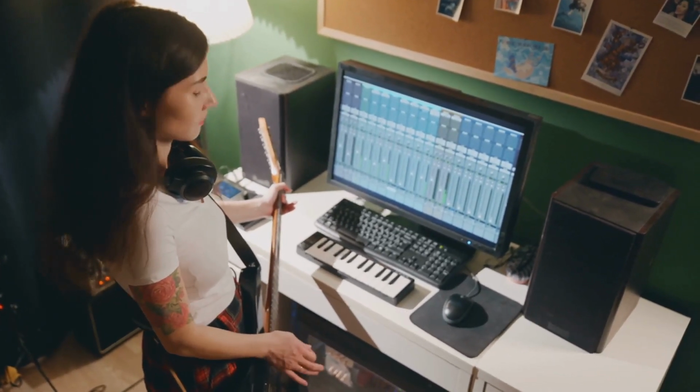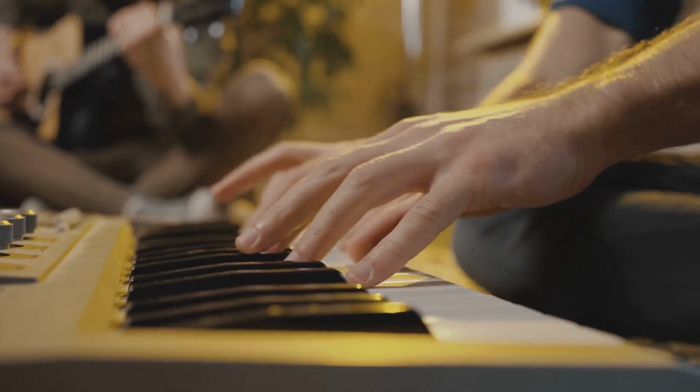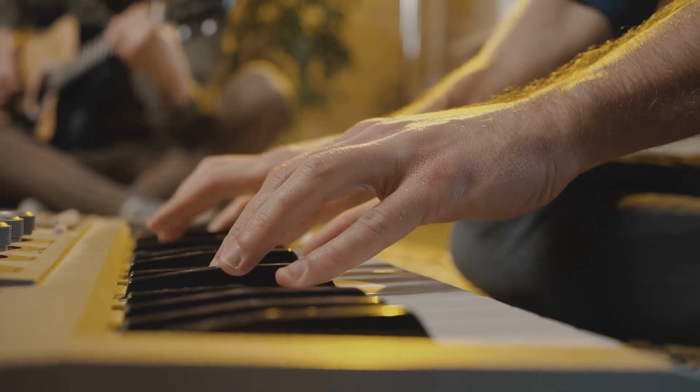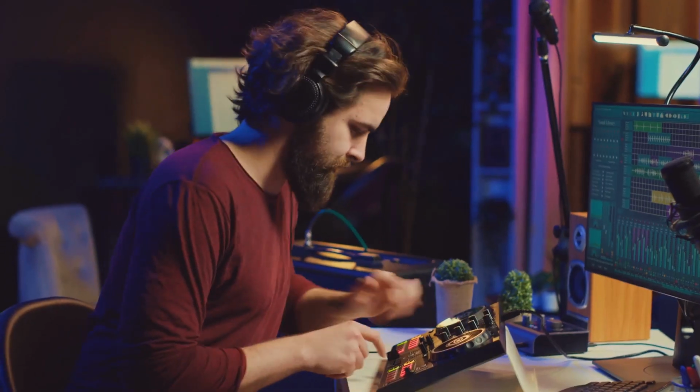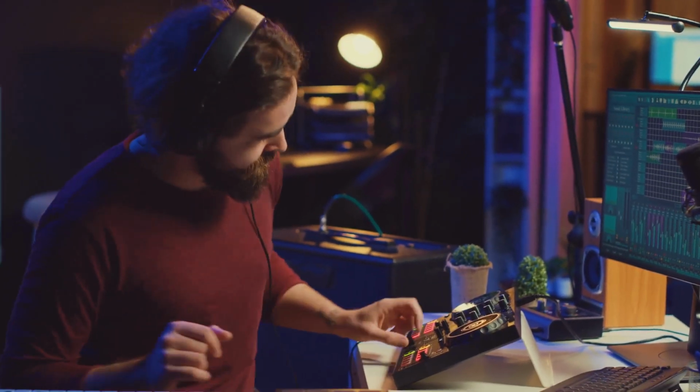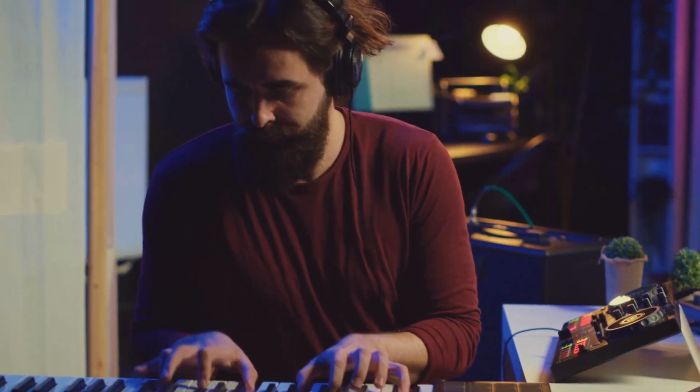Mastering the techniques, level up your music production. So there you have it. Transposition, transition, and modulation, three powerful tools that can transform your music from good to great. They're the secret ingredients that add depth, emotion, and excitement to your productions.